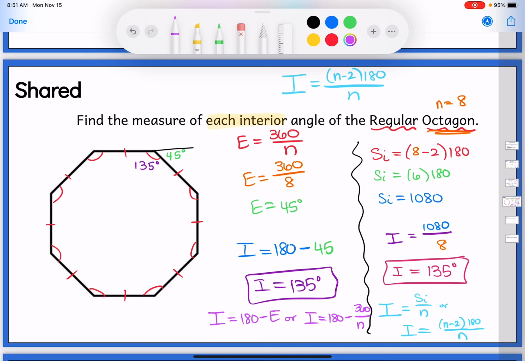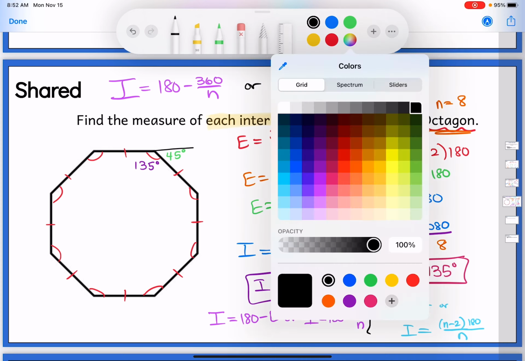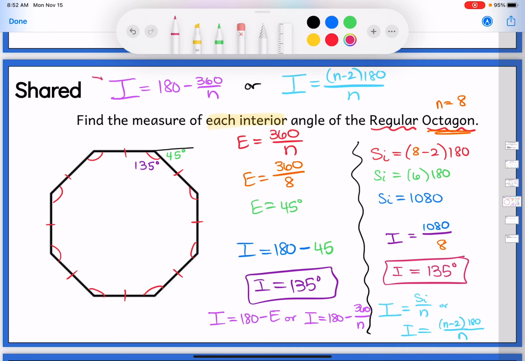Because the sum of the exterior angles is always 360. So this one could be 180 minus 360 over N. So we have two possibilities for our measure of one interior angle. That's what I stands for, right? Measure of one